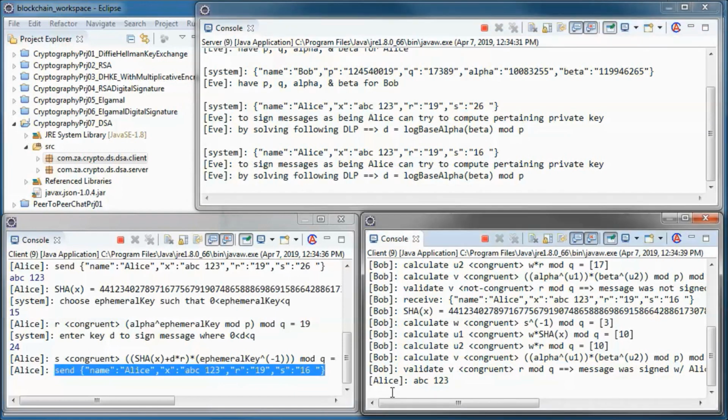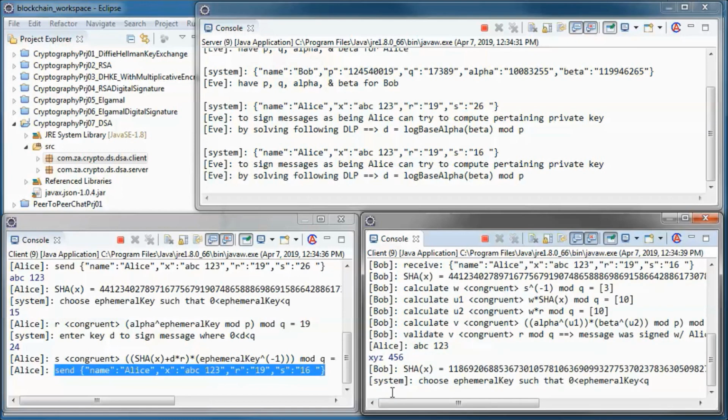And let's have Bob send this message to Alice, and maybe choose this ephemeral key.